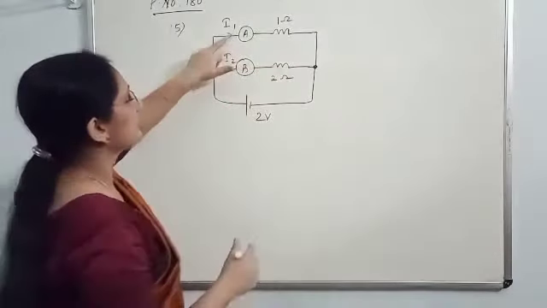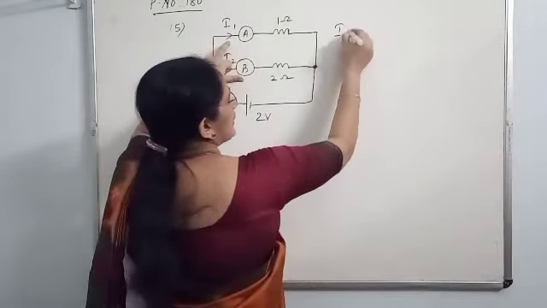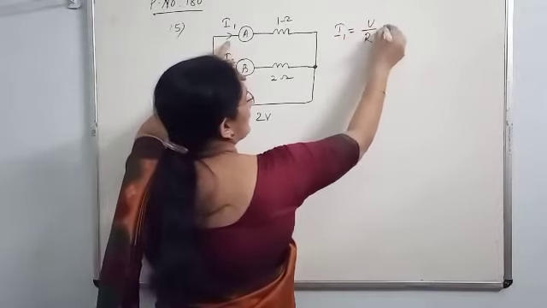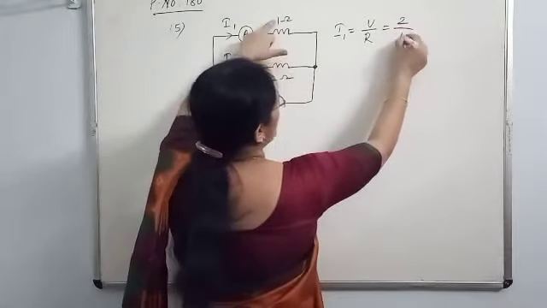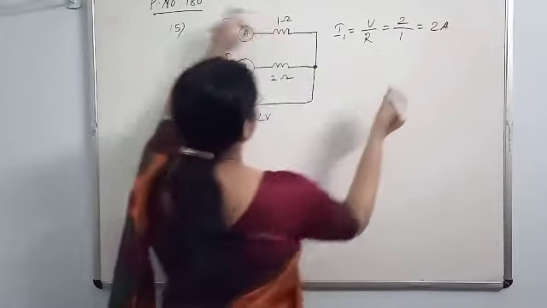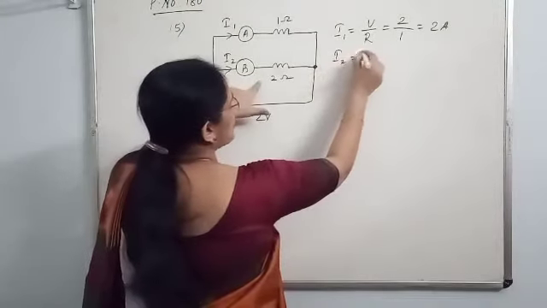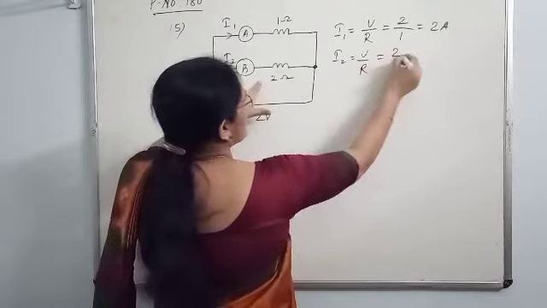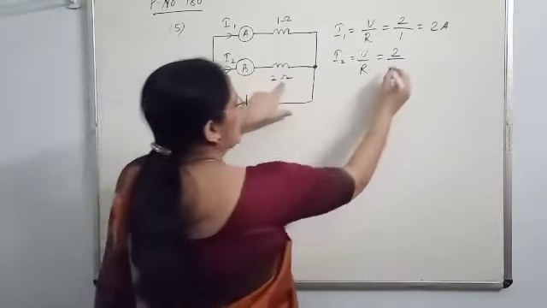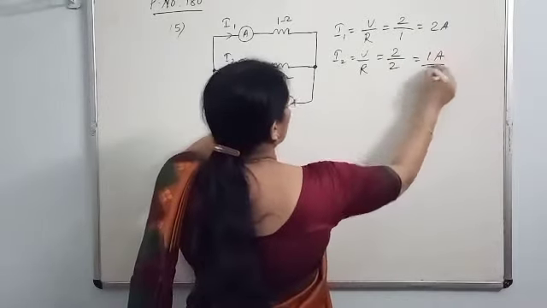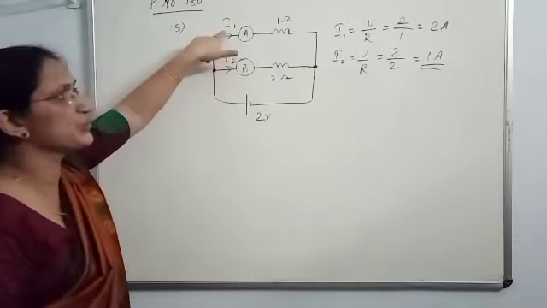So V value for this resistor is 2 volt and the same here also. And the resistance is already given. So how will you find out I1? I is equal to V by R. V of this branch is 2 volt, R is 1. So 2 ampere is the current in this branch. Similarly, current in this branch, I2, is equal to V by R. V is the same, same potential difference because they are in parallel, upon R is 2. So 1 ampere. Current in this branch will be 1 ampere. Current in this branch is 2 ampere.